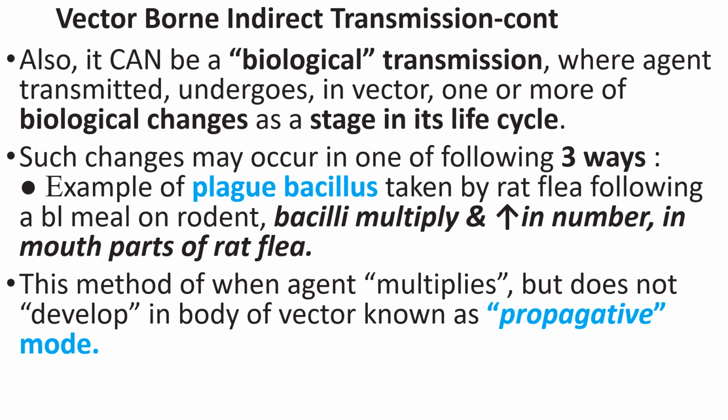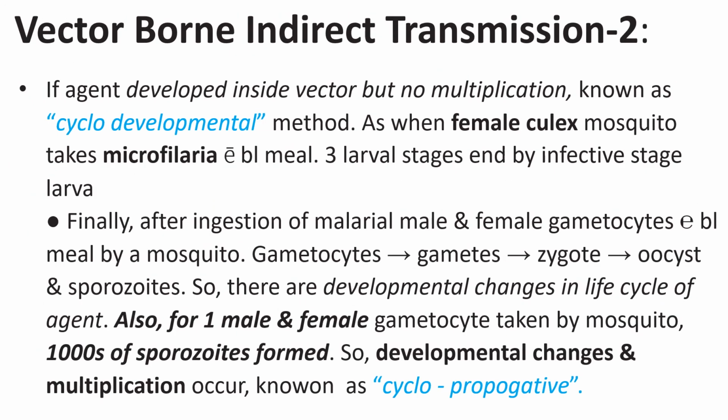This may occur in three ways. Example of plague bacilli multiply and increase in number in mouth parts of rat flea. This is propagative mode. Or cyclo-developmental, as when female Culex mosquito takes microfilaria with blood meal. Three larval stages end by infective stage larva inside the female Culex. Finally,